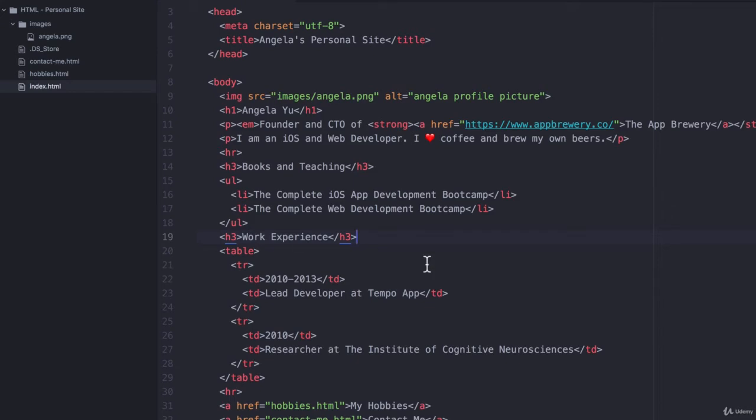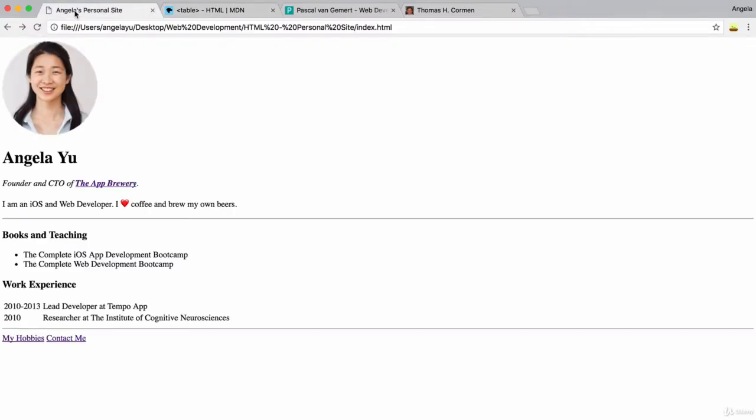So let's hit save, go back to our website and hit refresh and see what it looks like. Okay, that's already looking a lot better than before, right? So it being a table means that our columns are structured together. So these two lines are structured so that they are indented to the same place,